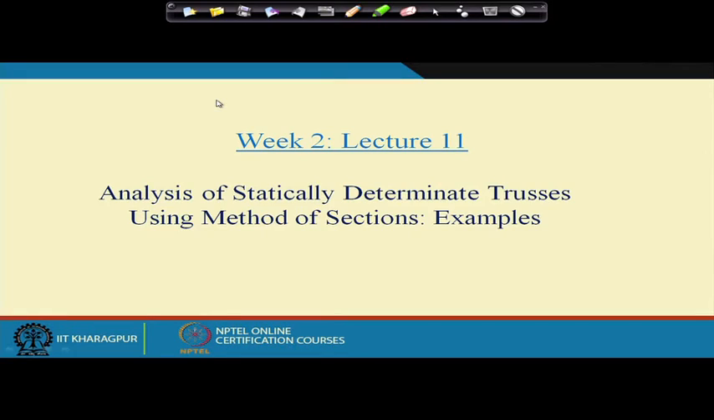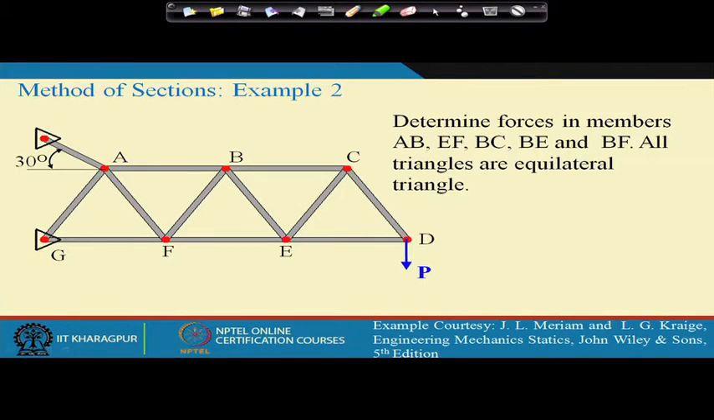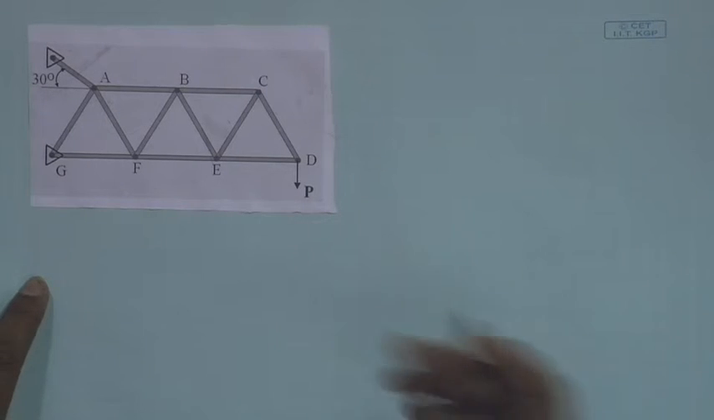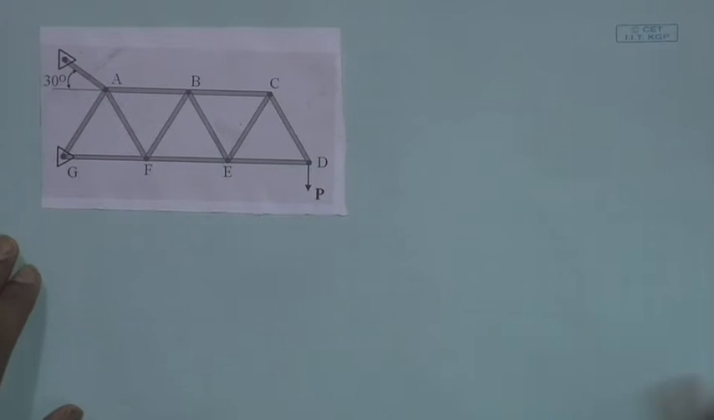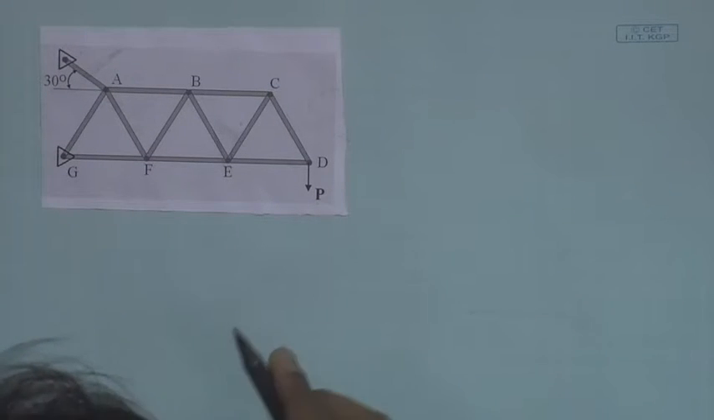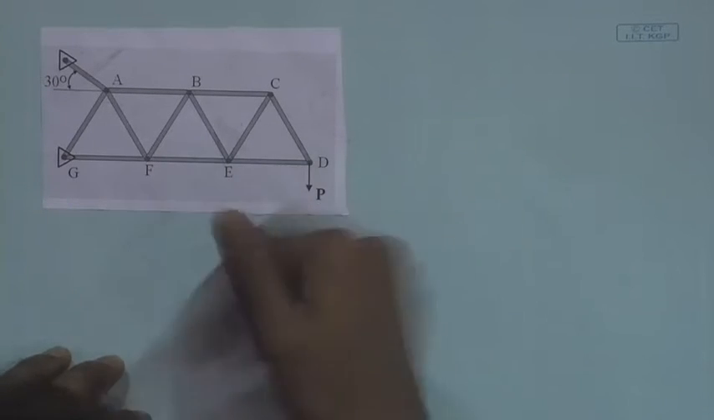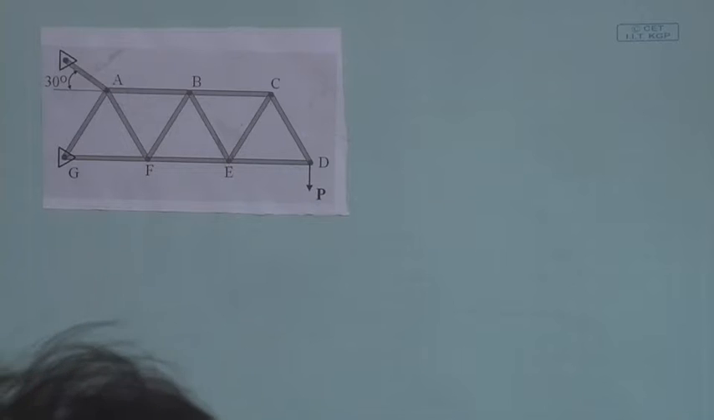So today's topic: let us first consider this example. You need to find out the member forces in these members. Now this is the problem. We need to find out forces in some of these members. We'll demonstrate the concept through some of the members, but other members can also be determined